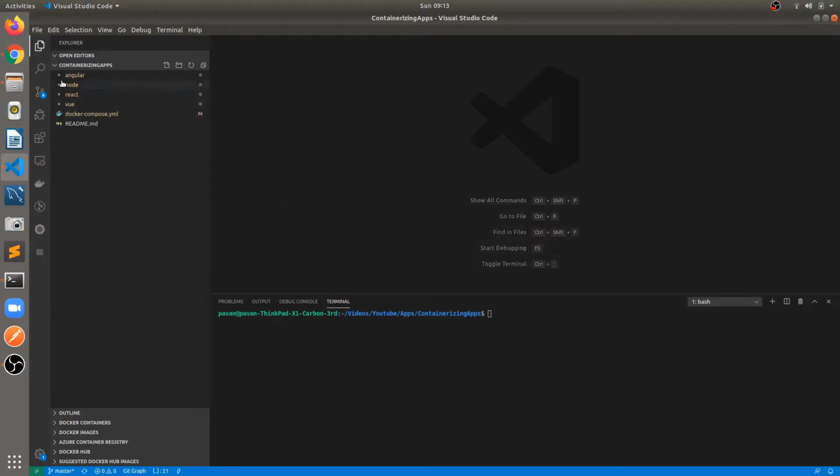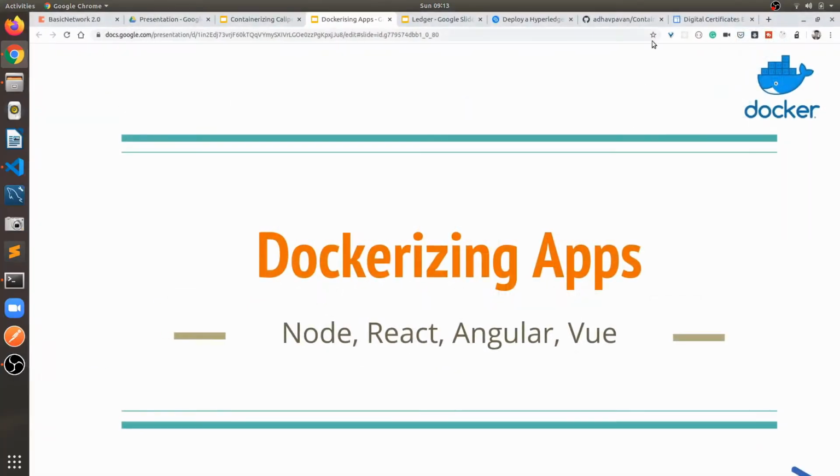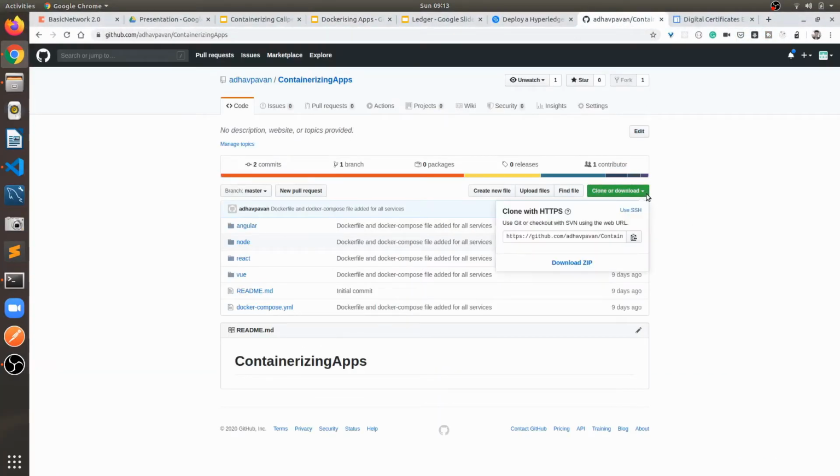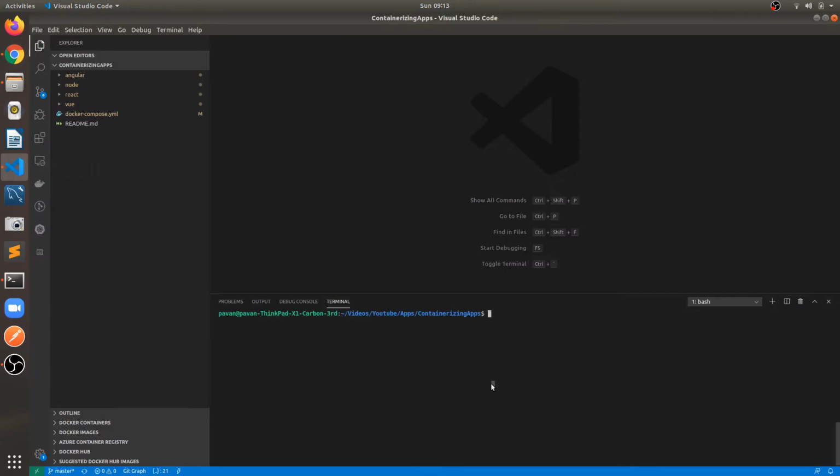Before that we have to clone one repository. This is the repository, just clone this repository. I will mention the URL of this repository inside the YouTube description so that you can clone it. Go to any folder, git clone, paste that repo URL and hit enter, so that the repository will get downloaded locally. Once the repository is downloaded, go to the containerized app folder,